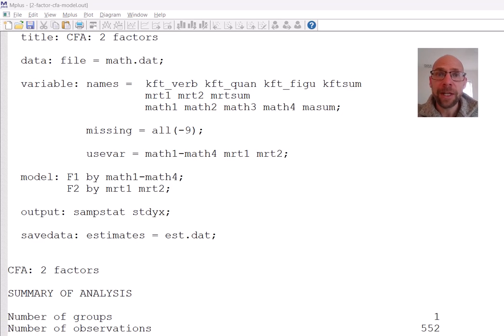So in this video, I want to show you how you can run a Monte Carlo simulation study in Mplus from an existing model or from an existing analysis, thus simplifying your specification of the population parameter values for a Monte Carlo simulation study. Oftentimes in practice, researchers who plan a statistical analysis or study have the question of what